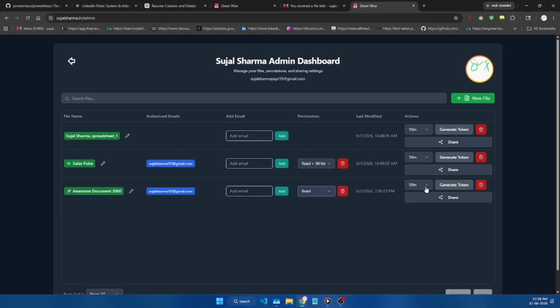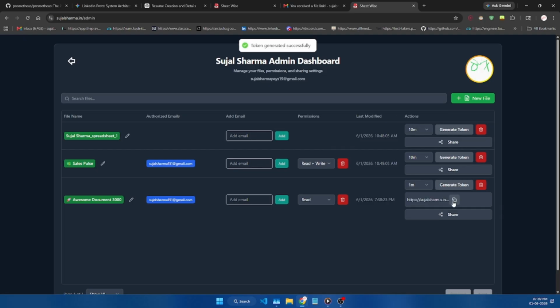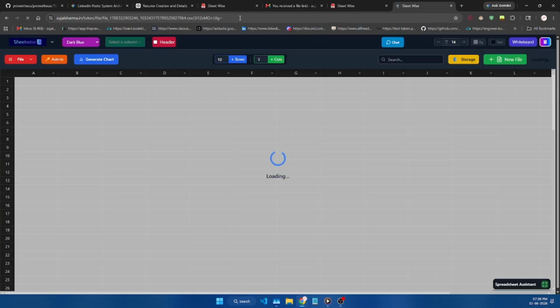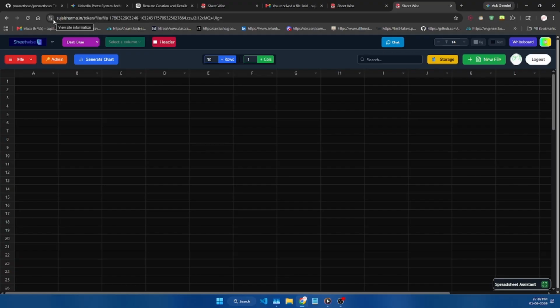Now there is an option called generate token. You can generate a token for a certain time duration. Now if I click 1 minute and generate the token, let's copy the link. So I can share this link, and the file will open with this link for 1 minute only.